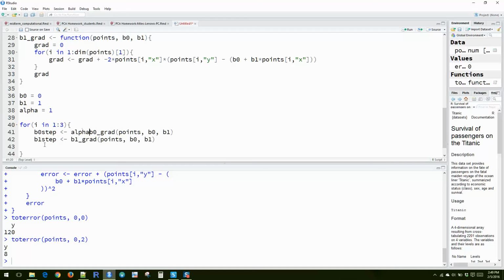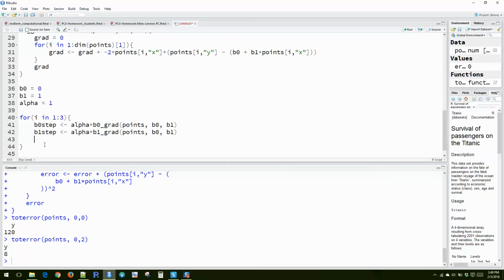So this is going to be alpha times our gradient, and this is going to be alpha times that. Okay? So we're going to take our steps, and after we've calculated the size of our steps, the new value of our intercept is going to be our old value minus our step,